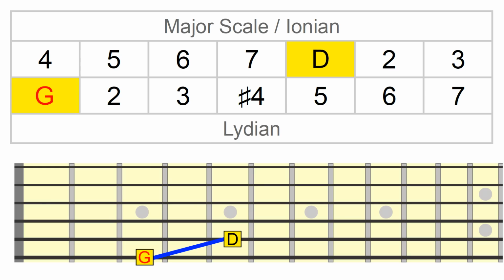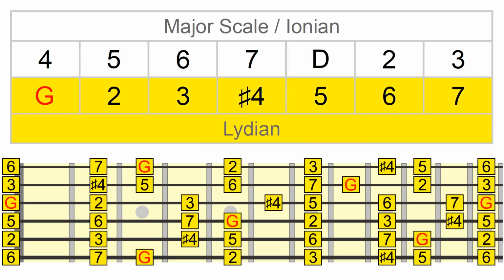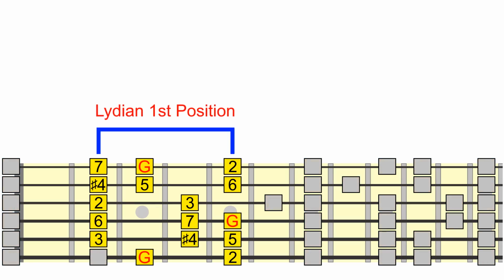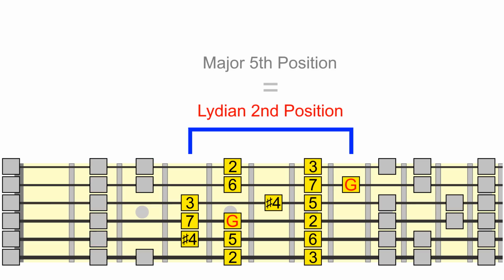So to play G Lydian, we could use a D major scale pattern. Another way to see it is using what we might call Lydian's first position box. Since Lydian is the 4th mode of the major scale, its first position box is the same as the major scale's 4th position box. So as long as we've learned the major scale's position sequence, we can connect the boxes